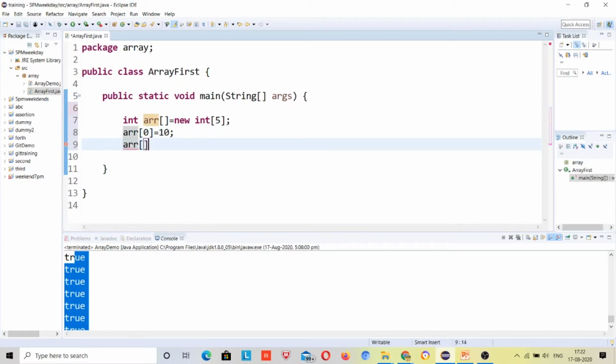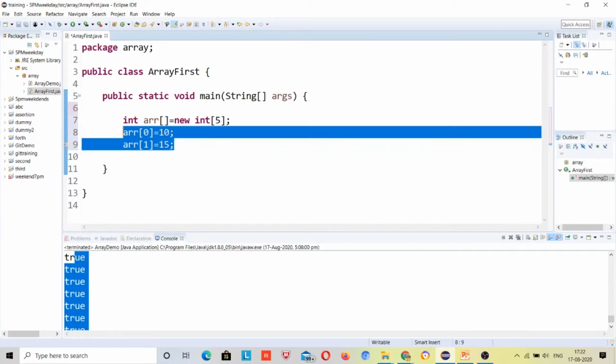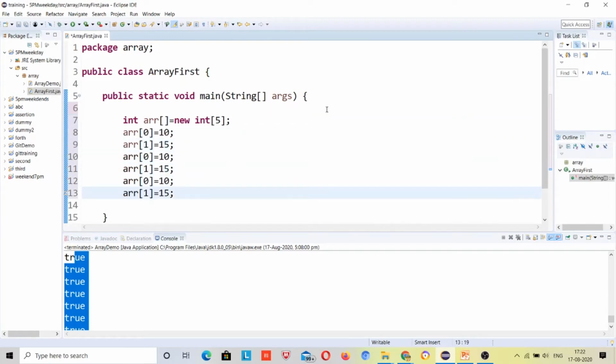Array index 1, suppose I assign 15. Similarly, I will copy these rows, paste. I will use 12, index 4, index 3, 13, 14, index 2. Now I'll print sys out